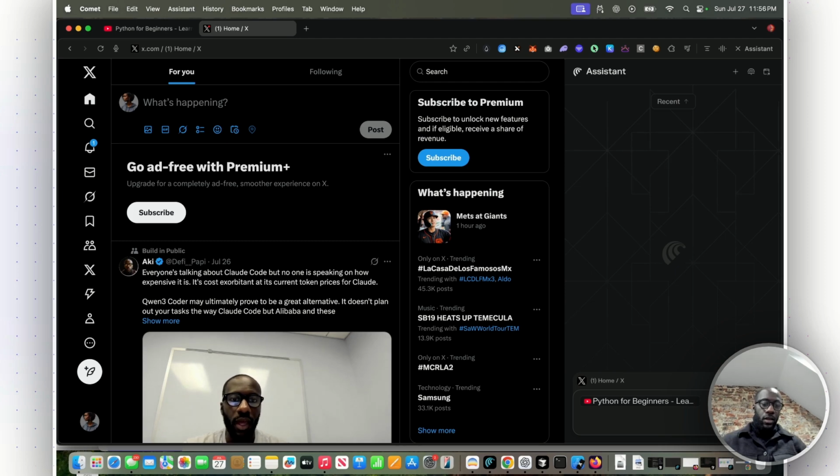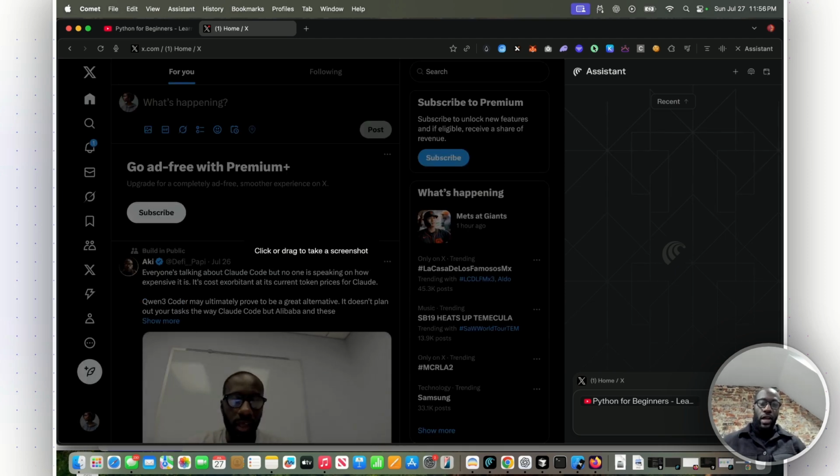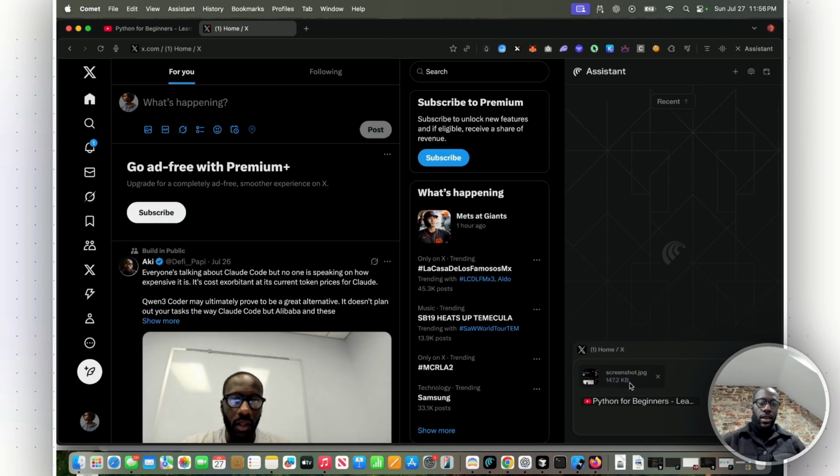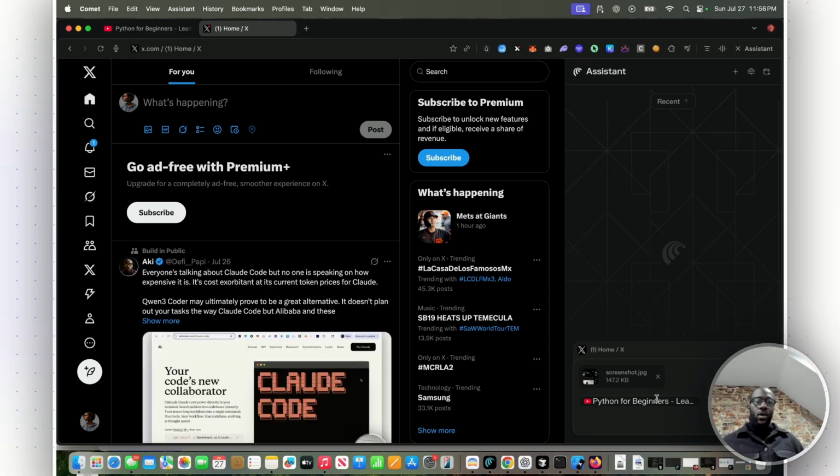I can pull in documents. I can take a screenshot and then add that into the chat window, and then continue to communicate that way. And so it really impacts how you're able to communicate and engage with AI. And the more you use it, the more it starts to become natural in what you do.